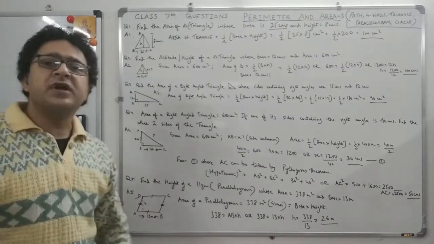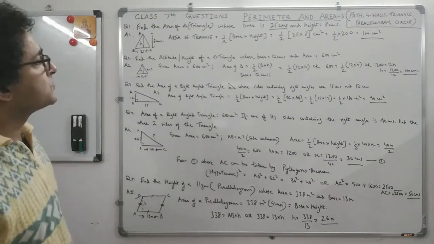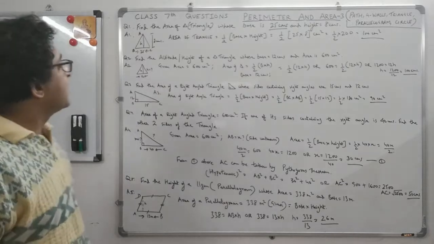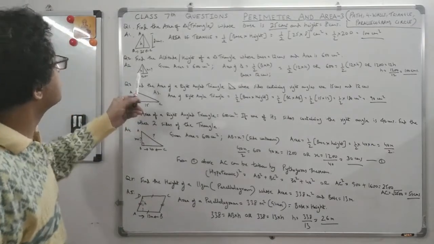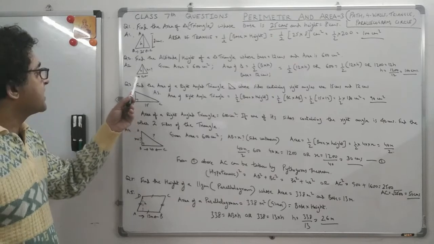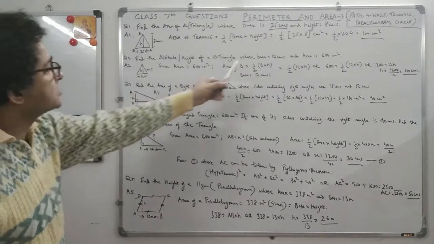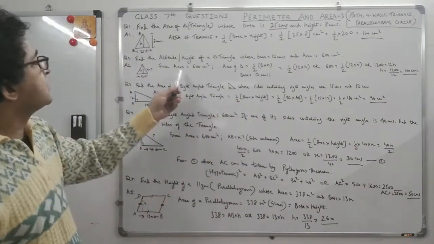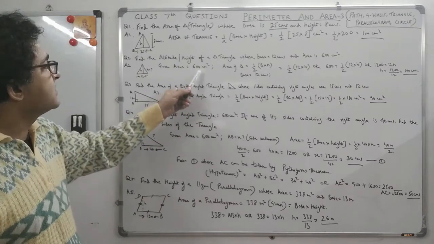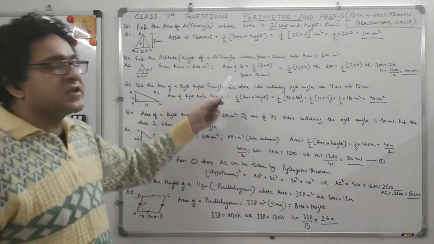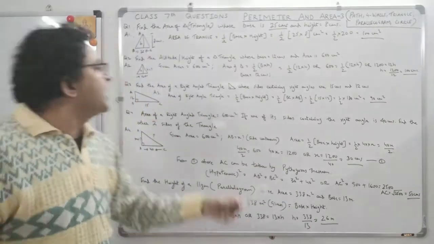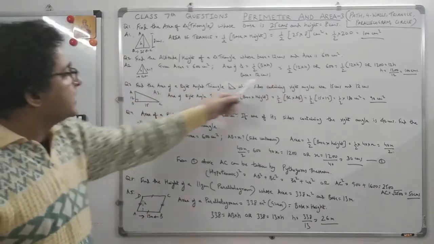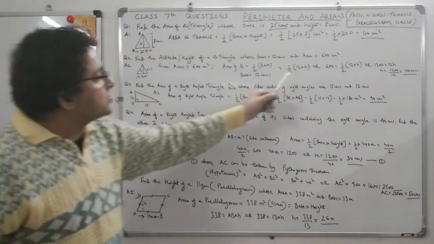Find the altitude or the height of a triangle whose base is 12 centimeters and area is 600 centimeters square. So herein area is given, and this is the diagram. You have made the base as 12 and height you have to calculate, right? And area is given. Simple. So you just replace the values, and the area is 600 centimeters square, because area is in square centimeters or square meters. And the area of a triangle is half base into height. Half, base is 12, into height, which you have to calculate. So now you replace the values.